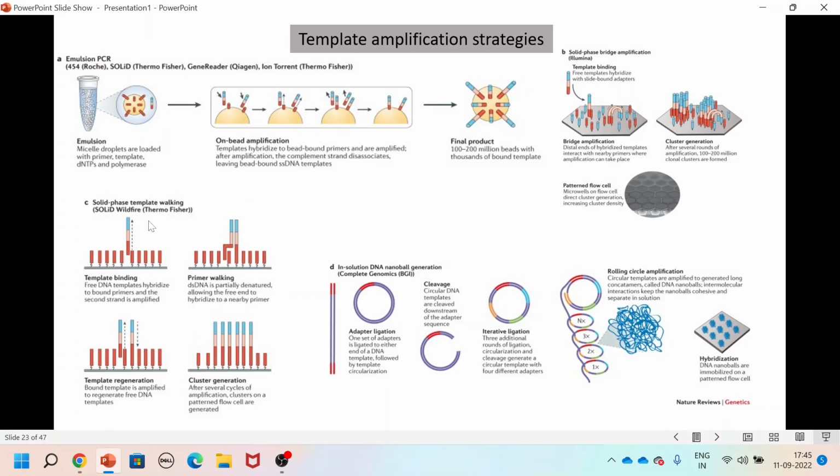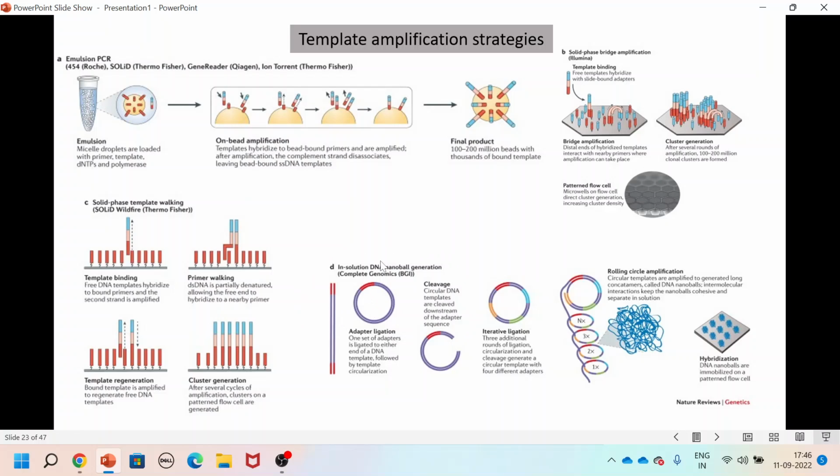And the third is the solid phase template walking, in which the free DNA templates hybridize to the bound primers, which are already bound to the solid surface, and the second strand is amplified. The next step is the primer walking. In this, the double-stranded DNA is partially denatured, allowing the free end to hybridize to a nearby primer. Therefore, the bridge-like structure is not formed, as we see in solid phase bridge